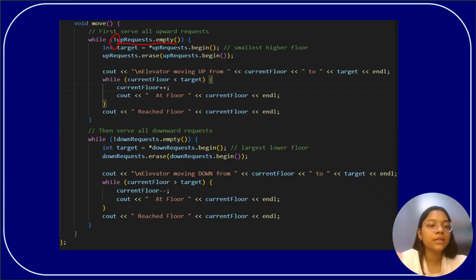That is, this condition tells us that until and unless the up request set, which we have previously defined, is empty, this while loop will iterate. This while loop will keep going on until the up request set is empty. Okay, so within this first while loop, which is responsible for the upward motion of the elevator,